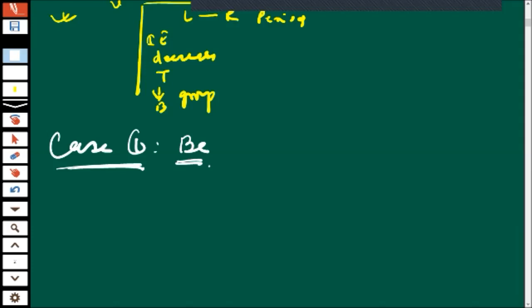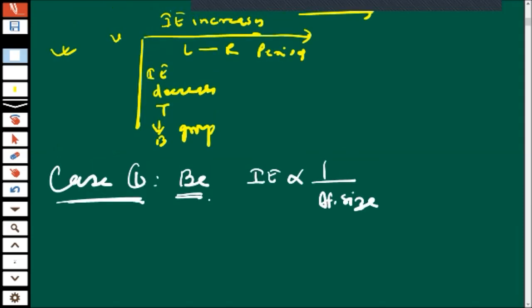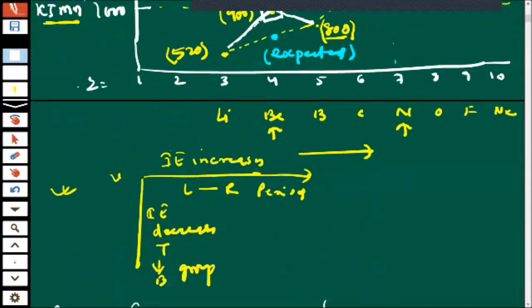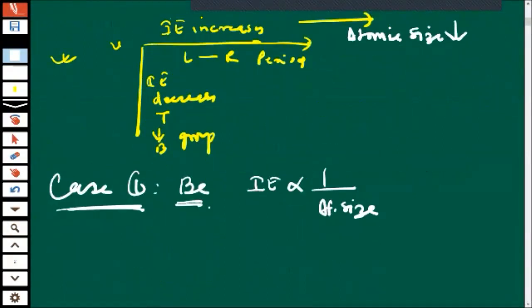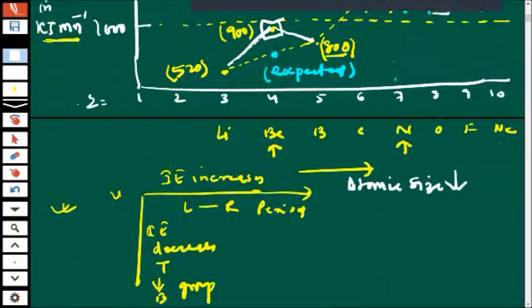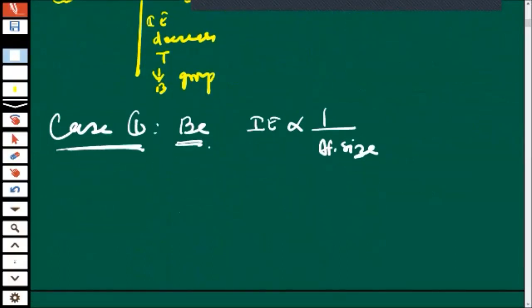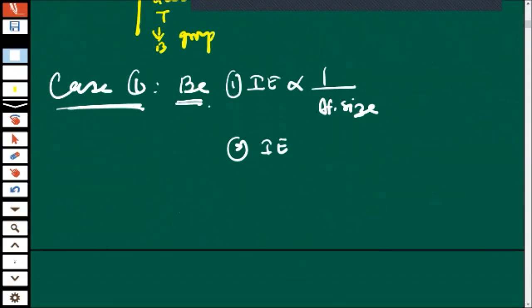You know, ionization energy is inversely proportional to atomic size. Atomic size will decrease, ionization energy will increase. So from left to right, we know atomic size is decreasing, so definitely ionization energy will increase. It is increased more, so we have to touch another factor also. Another factor is ionization energy follows the order